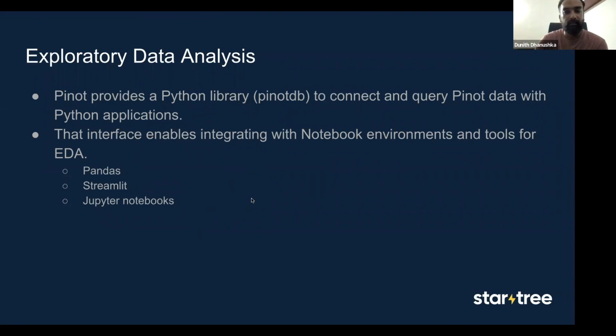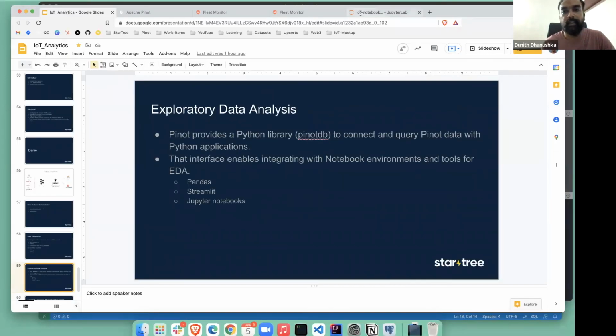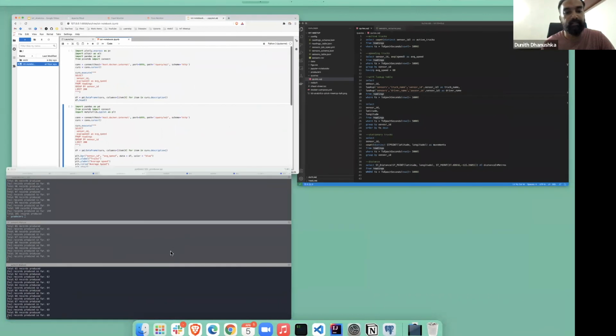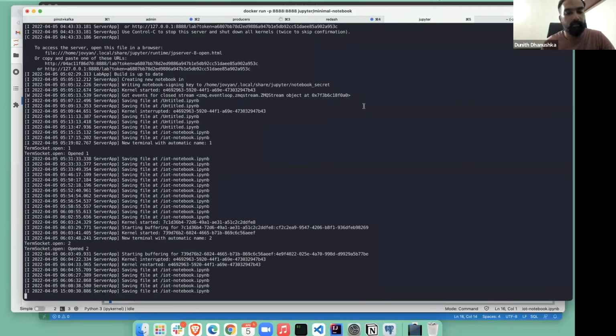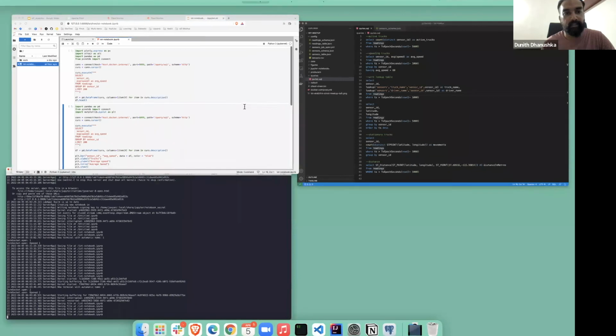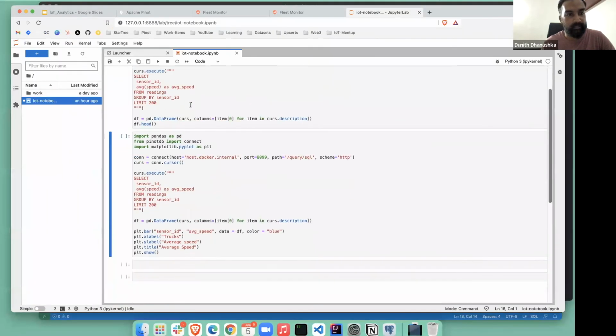So in here, what I'm going to do is connect Jupyter notebooks to Pinot so that I can get access to Pinot data as pandas. You know, pandas is like data frame structures so that you can manipulate them in different ways and plug them into different charting libraries to get interactive data visualization. So yeah, I have this Jupyter notebook running as a Docker container. So simple, just one container. Also, I have this notebook created locally.